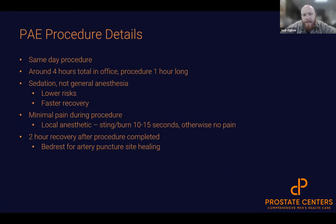This procedure we do with sedation. We don't do it with general anesthesia. Just to differentiate, general anesthesia would be putting a breathing tube down and giving you medications that completely knock you out where you're not breathing on your own. That's what you undergo when you have a surgery. Whereas the sedation that we're doing is similar to a colonoscopy. It's those twilight medications that make you feel drowsy as we're working. And we do it with sedation